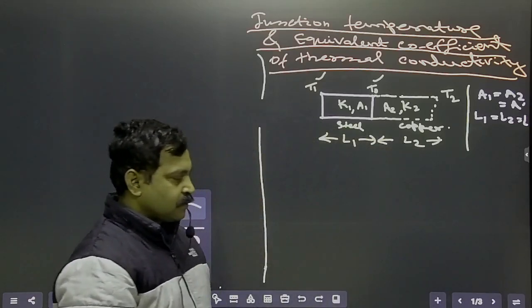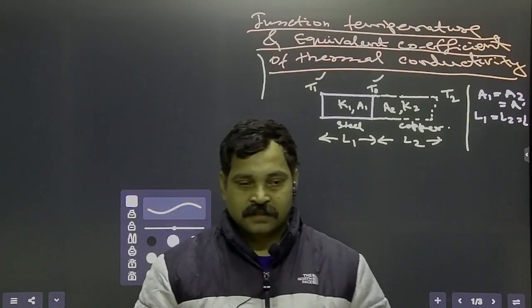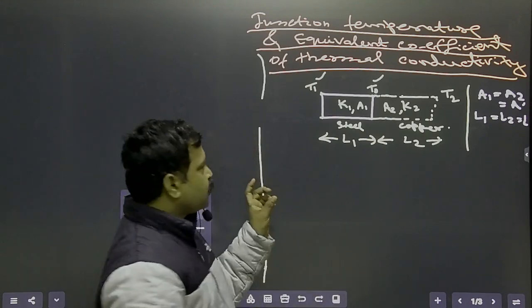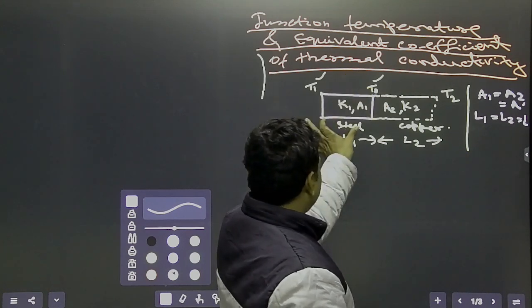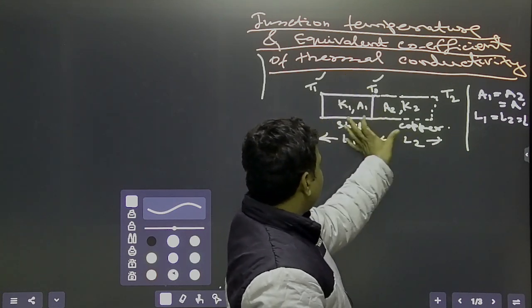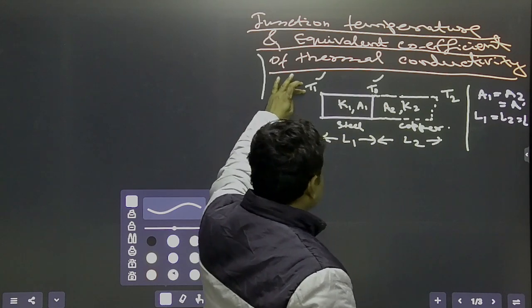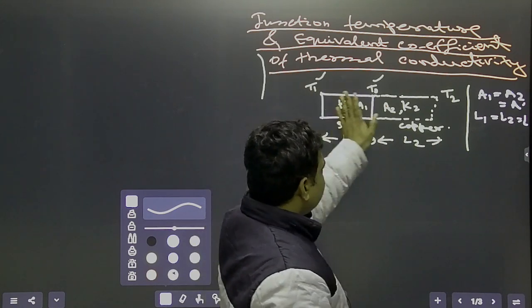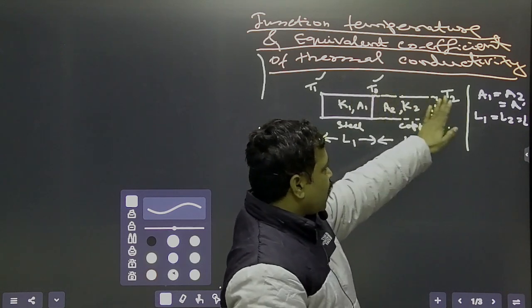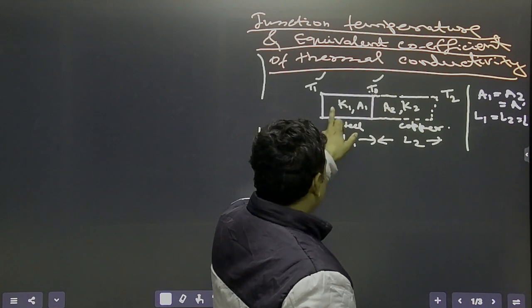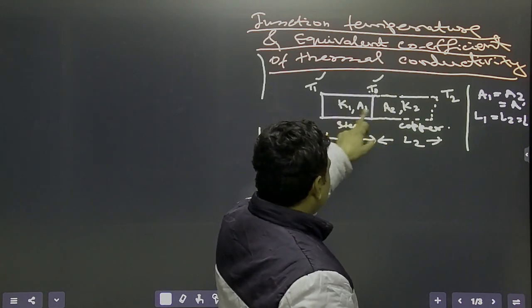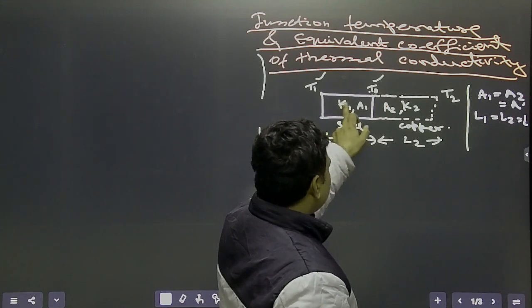Hi students, today we will discuss the derivation of junction temperature if two different materials are joined together and heat is given at one end and the transfer of heat takes place to the other end. Then what will be the temperature of the junction and what will be the equivalent thermal conductivity of these two substances